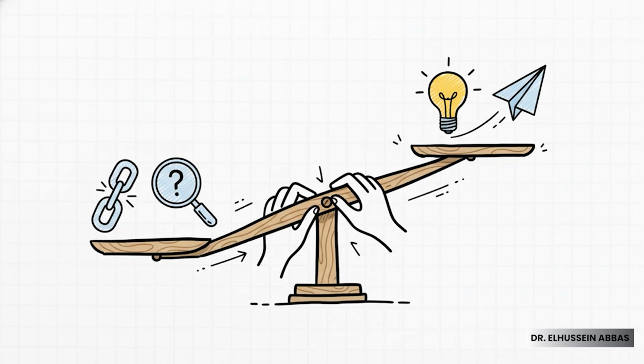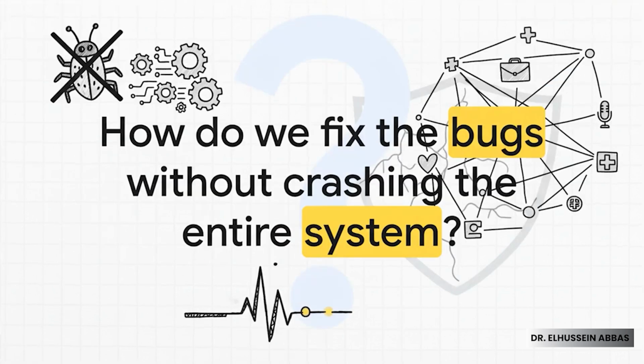And that right there is the delicate balancing act. The goal isn't to just tear everything down and start from scratch. If we did that, we'd destroy the very things that make the system so innovative and adaptable. The real challenge is to reform the weaknesses, like the lack of accountability, while being really careful to protect the strengths. Which leaves us with this one final critical question. And honestly, the success of global health for the next generation really depends on how we answer it. How do we fix the bugs? The bugs in accountability, transparency, and efficiency, without crashing the entire, complex, and sometimes brilliant operating system that, for all its flaws, is still out there, saving lives every single day.